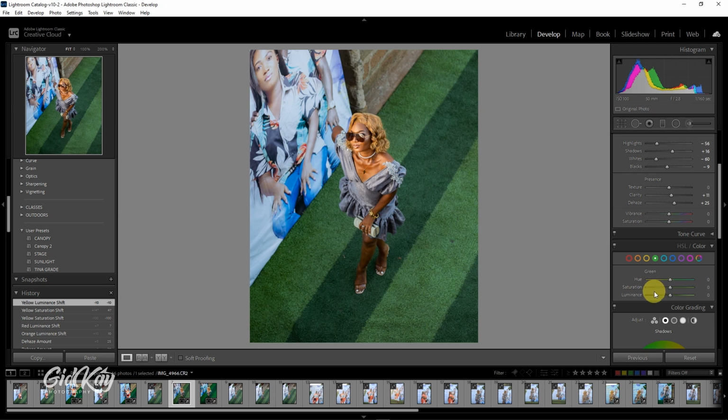So I don't want to change the feel of the green, I just want to maintain it, but I'd rather boost the greens a little. So I go to the saturation of the greens and boost it a little, and take down the luminance, that is the brightness. Luminance actually means the brightness of the color. So either you take down the brightness or boost it. So yeah,